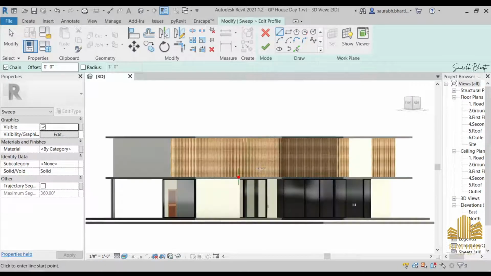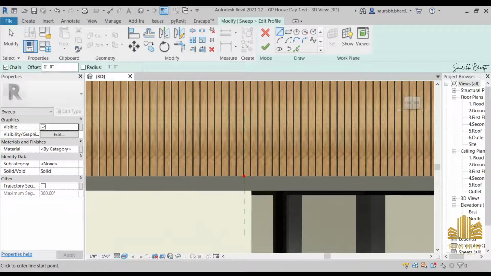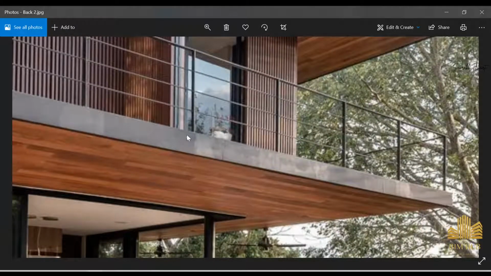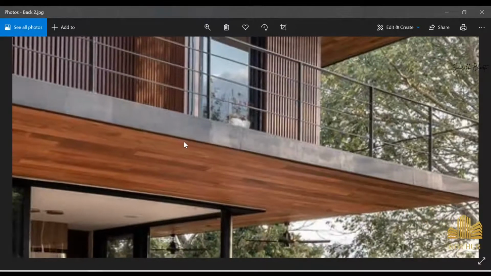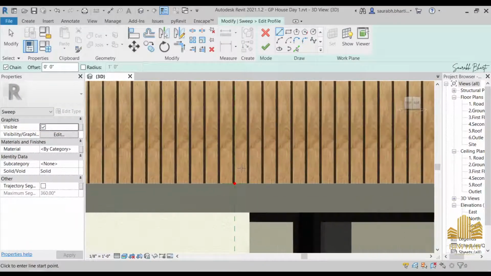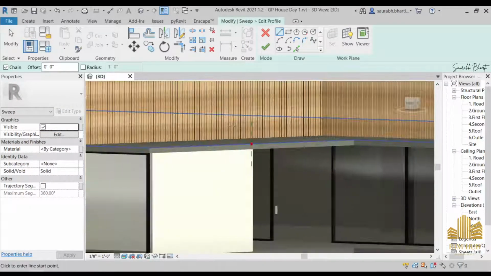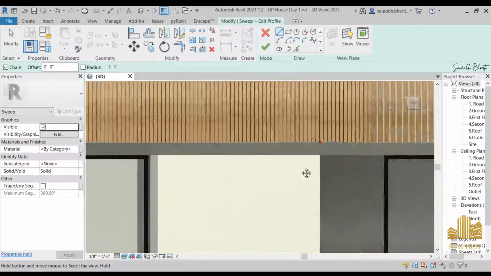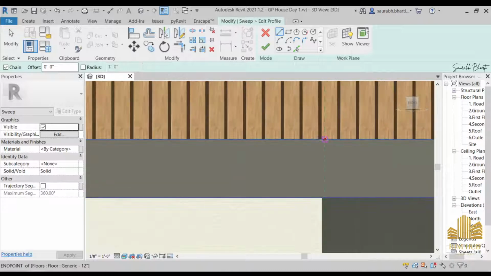and in Edit Profile just go to this view that is in the middle of this one, and after this let us see how it is. So it is a little bit inside, as you can see here, and maybe the same is on that side. So we are going to make it something. Maybe let's go to this front portion, and then first make a line,